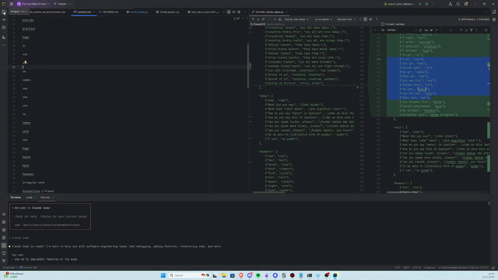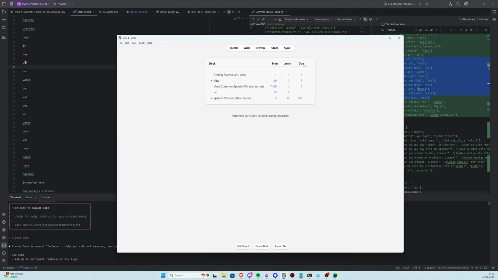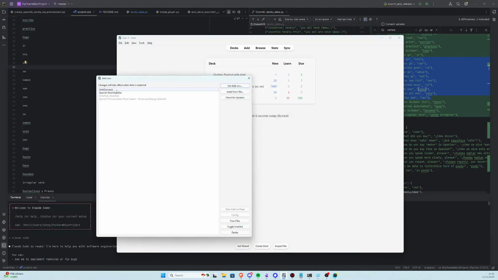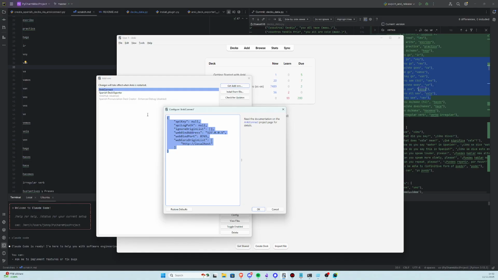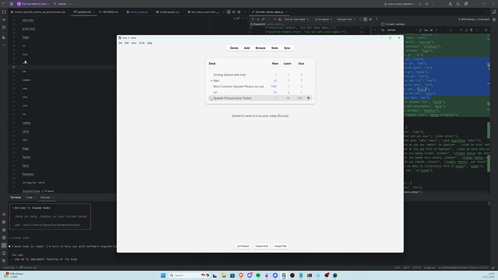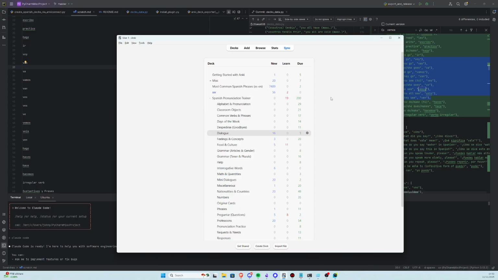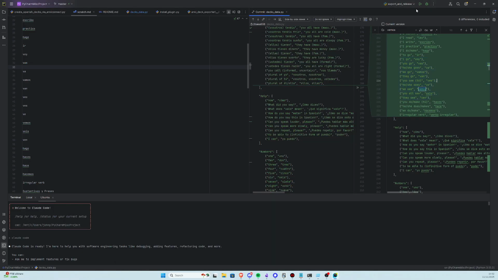So I just need to run the code that exports this to Anki. I need to make sure Anki's running in the background because it connects to an API called Anki Connect. This is technical and not necessarily something that needs to be understood to use my script, but Anki Connect needs to be running so that I can actually edit these decks through commands in Python. So if I click export and release,